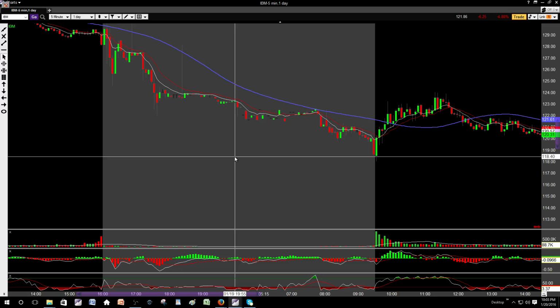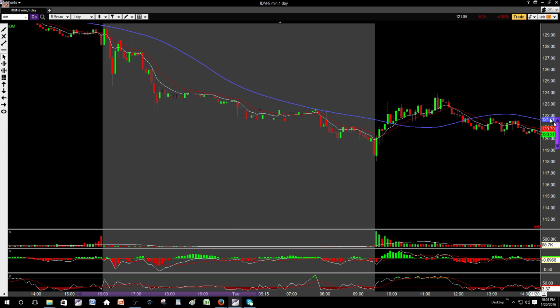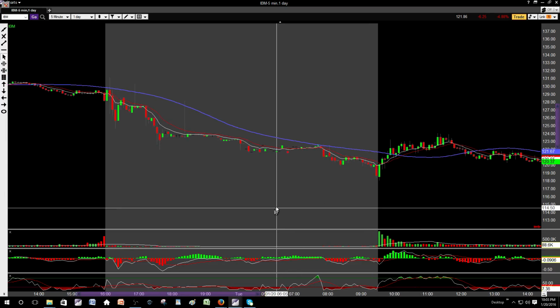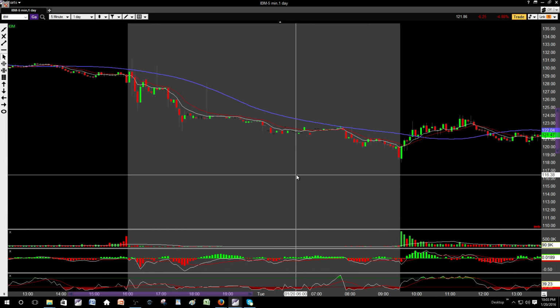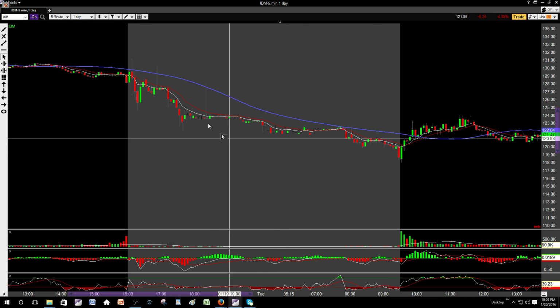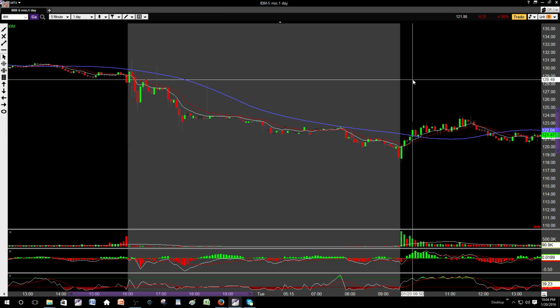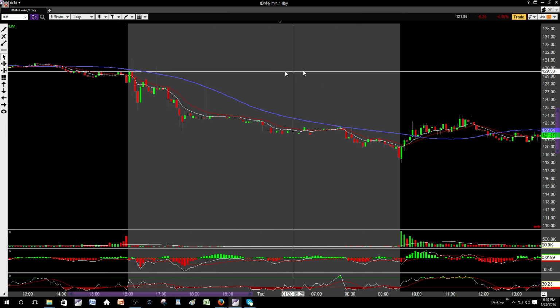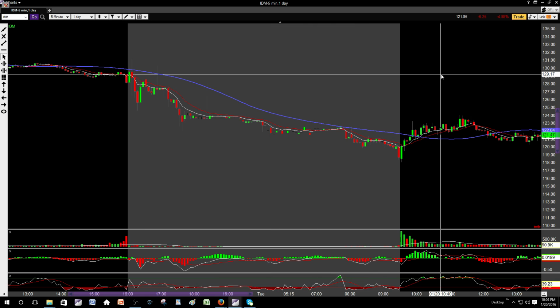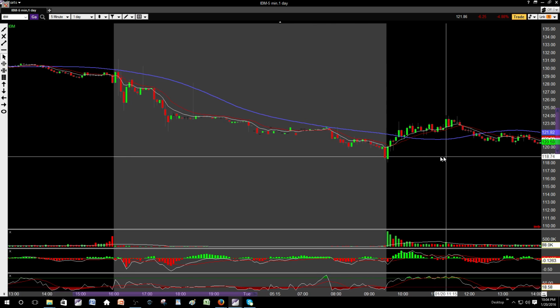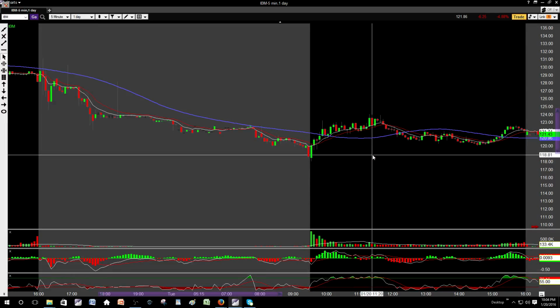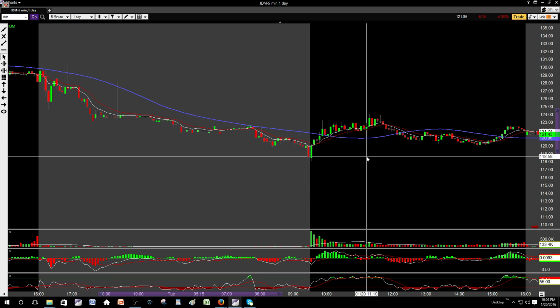I see a lot of traders, they want to get into a trade, and even when they are fishing for a stock, if they want 1,000 shares, they go straight 1,000 shares. And especially if you're fishing, if you're playing gap ups, gap downs, it's not an exact science. Sometimes you'll find a stock that gaps down, and then it pops at open, and it will find a direct penny for penny area with a double top, and it'll pull right off of it, and it'll be like the ultimate perfect trade. And it happens, it does happen a lot. But